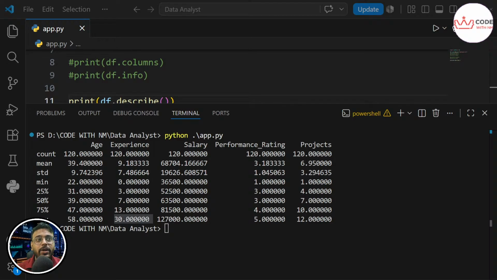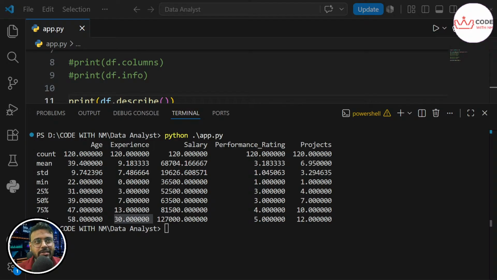Out of 120, 50% of employees are 39 in age. Out of 120, 75% of employees are 47 in age. Okay. So with this data, how much percentage is left out here?